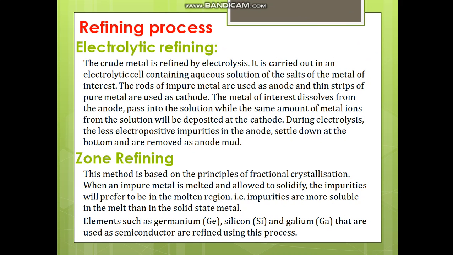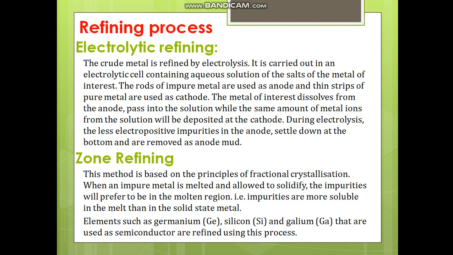The next refining process is electrolytic refining, which is based on electrolysis. Electrolysis is the process of movement of ions towards their respective electrodes. Cations move towards the cathode and anions move towards the anode. This basic principle is taken for electrolytic refining, where we take an electrolytic cell containing an aqueous